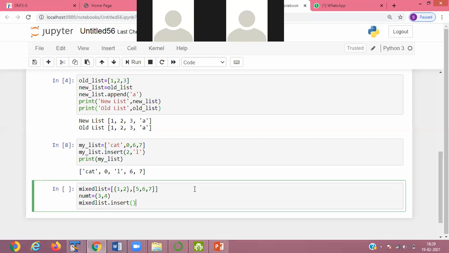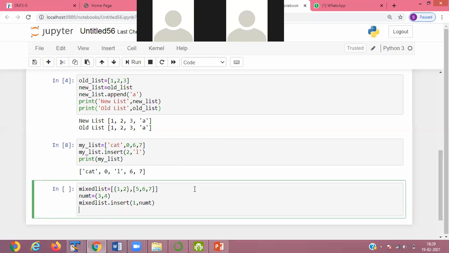What do I have to insert? I have to insert it in the first position. So after adding the element in the first position, if I print mixed list,